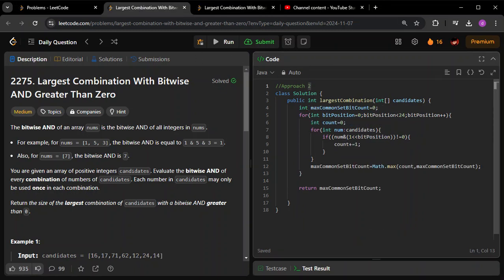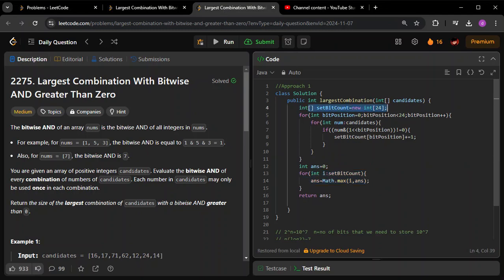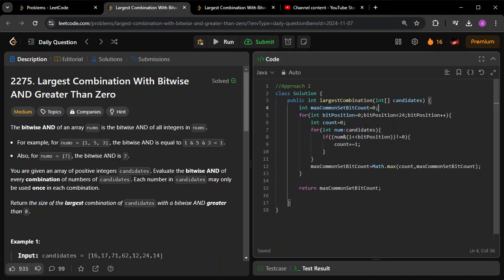In the second approach, everything is same. If you see, in place of the array, what I'm doing is I'm just keeping an integer. What is this max count? That is, max set bit count equal to 0. Initially it will be 0. This is the same, and here also everything is same, but the only difference here is